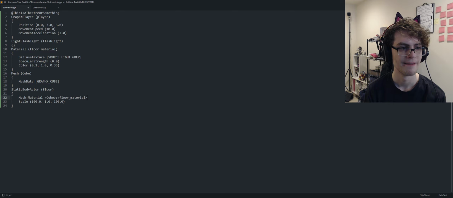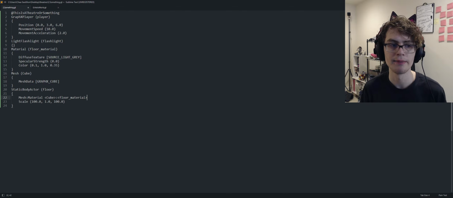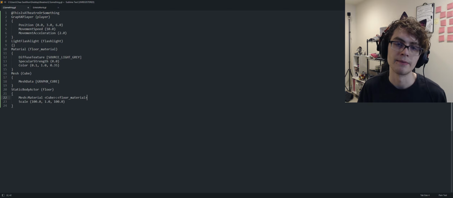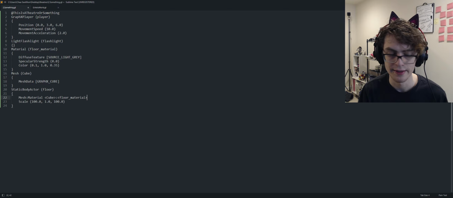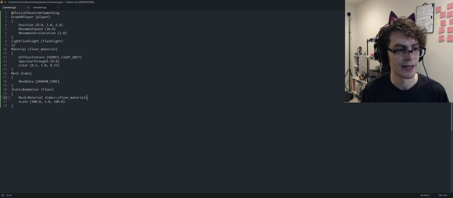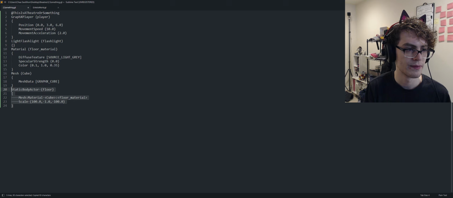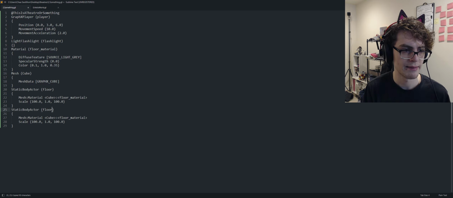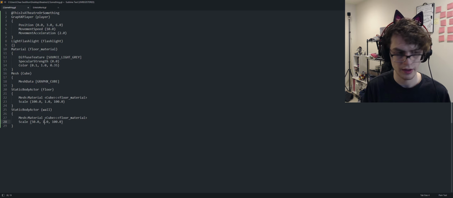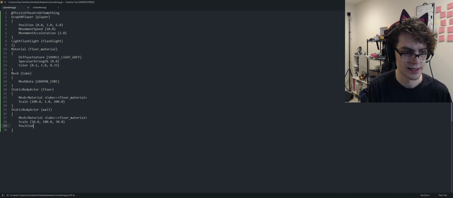Boom. I have now given the floor the cube mesh, but with the floor material. In the code, it actually makes a copy of that cube mesh and then gives that copy that material. But this is a nice shorthand and makes it so you don't have to do all that work every single time. Because now I can copy this, and I can make a wall. I'll make it 50 by 100 by 30. And then I'll set its position to be